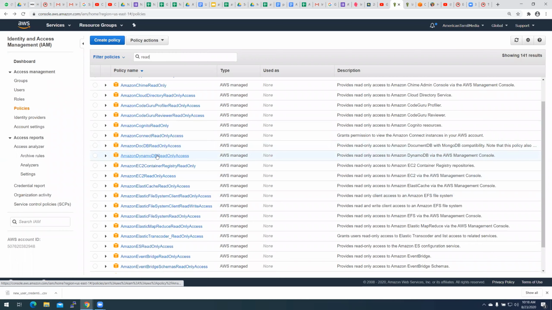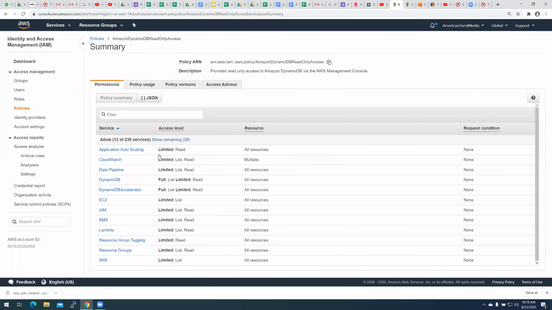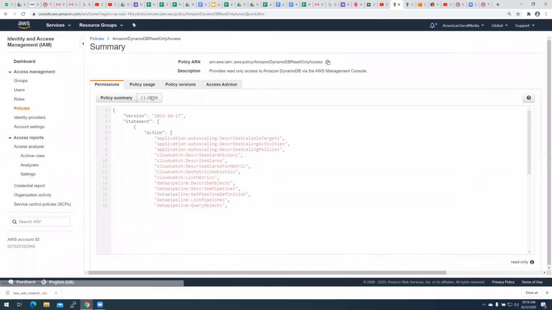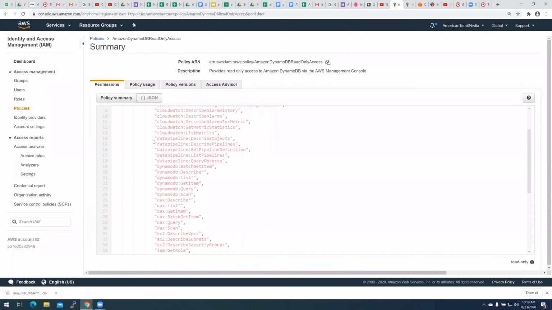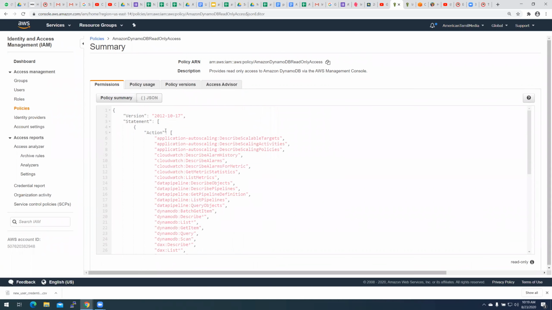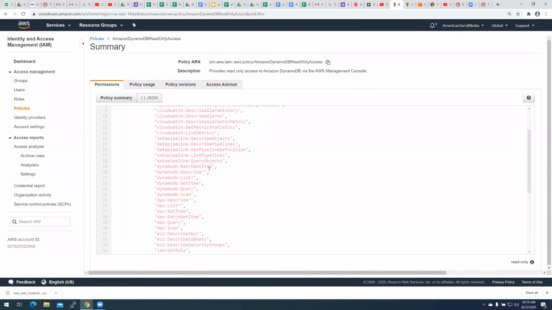Okay, DynamoDB read-only policy. Look at the JSON. It's saying that on all these resources, these actions are allowed, like describe scalable targets, or if you take any simple one, DynamoDB batch get item.